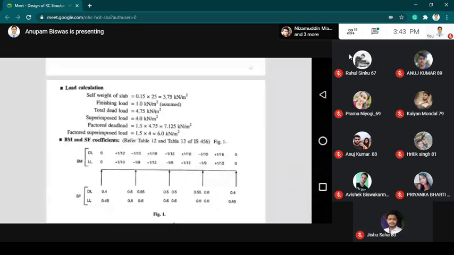Now next we have to consider the bending moment and shear force coefficients. So from table 12 and 13 of IS 456 we can obtain the corresponding values of the coefficients. So as shown in this figure, for the slab that is drawn, as you can see,